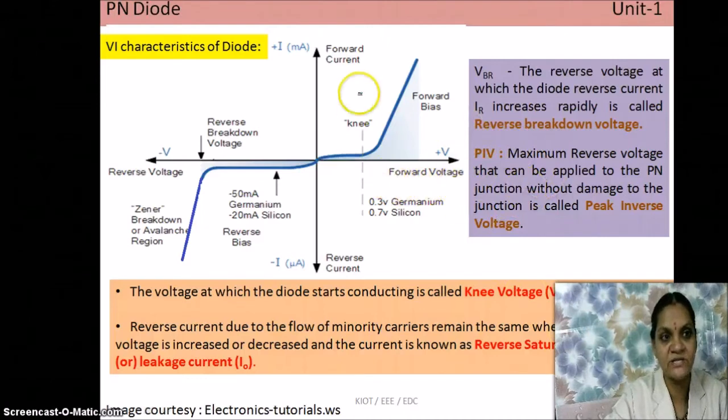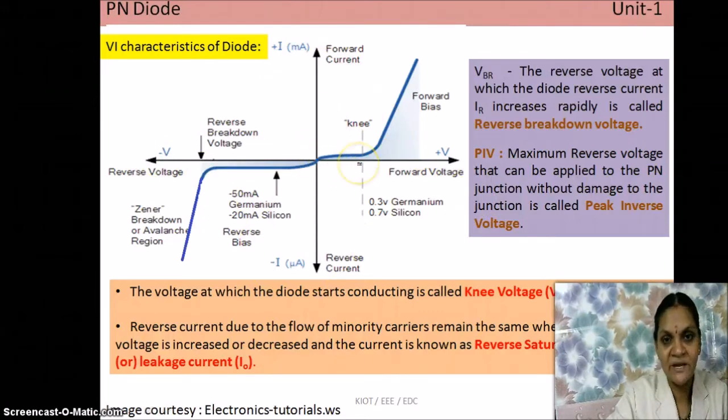See here, forward voltage, forward current. Since forward voltage is positive, forward current is unidirectional from anode to cathode, it is assumed to be positive. So this is the forward characteristics plotted in the first quadrant. And when you are considering reverse bias, the potential we are giving is negative, so voltage is negative, and current is also flowing in the opposite direction, so the current is also negative. So this characteristics is plotted in the third quadrant. By default, voltage is always taken on the x-axis, current is always taken on the y-axis. So we see the characteristics here.